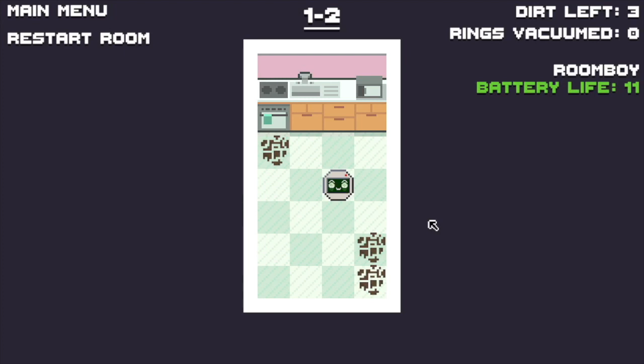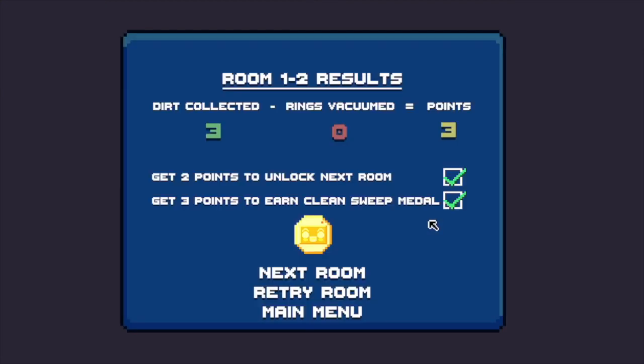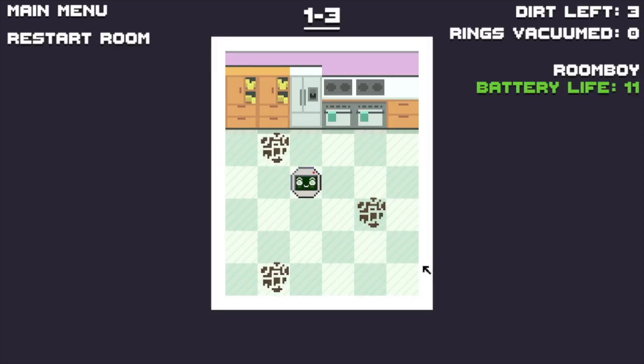I do think it's maybe a shame that they didn't say anything about trying to collect the dirt and not the rings. That is left for you to figure out based on the final score. This card here says dirt collected minus rings vacuumed equals points. And I think maybe they could have done a bit more to emphasize that in some way. But in terms of actually introducing the mechanics in a gradual way that are integrated with the game, it's done